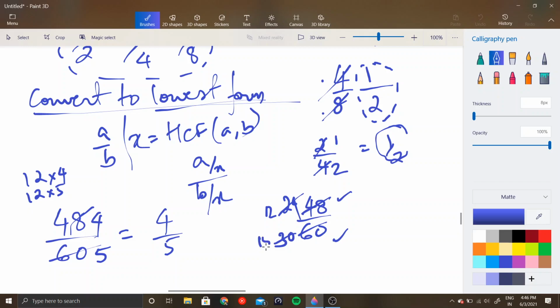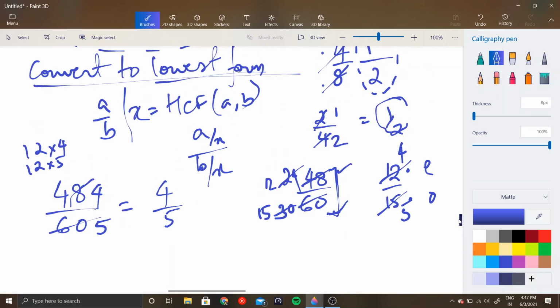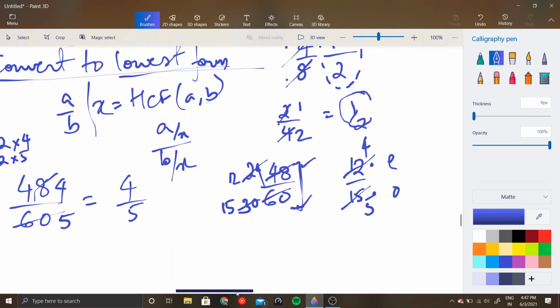Now when it's 12 by 15, one number is even, one number is odd. At this point you need to find the HCF. There is no other way around, right? So you have reduced this so that your calculations are simpler, but now when the parity has changed, one is even, one is odd, you obviously need to find the HCF. So the HCF in this case will be 3, right? So 3 will divide 12, and 3 will divide 15. So that results in 4 by 5.